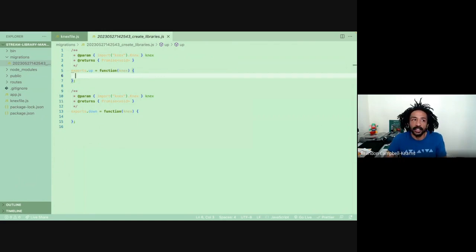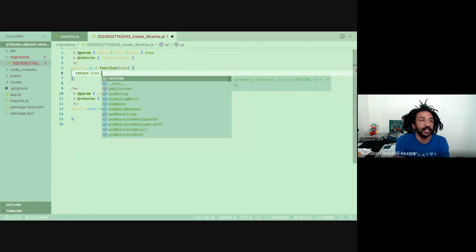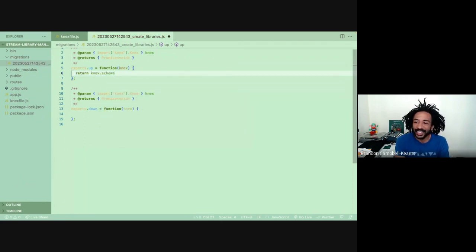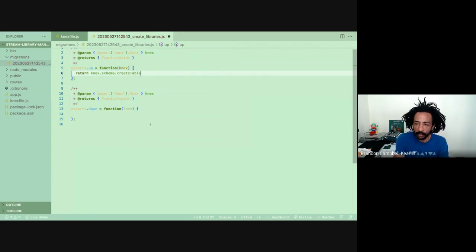This is going to represent the libraries table. So we can do that with the following. knex.schema. You can see here we get a lot of options. createTable here, and then we can say the table name here, libraries, and then we pass